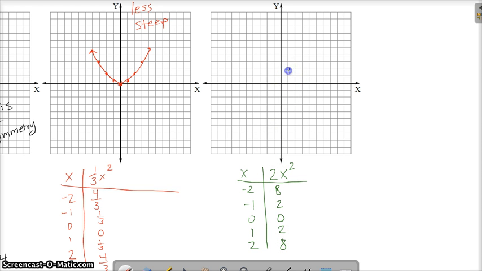So I'm going to put a 2 here, 8. This is a 2. This is also an 8. If I went one further, it'd be 16. So if I connect these,